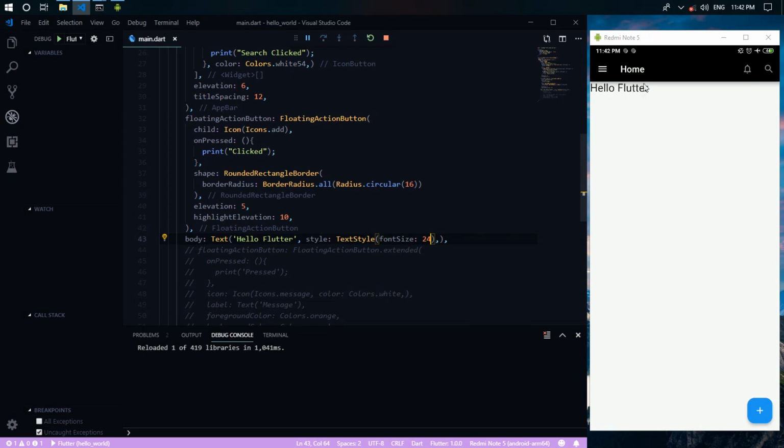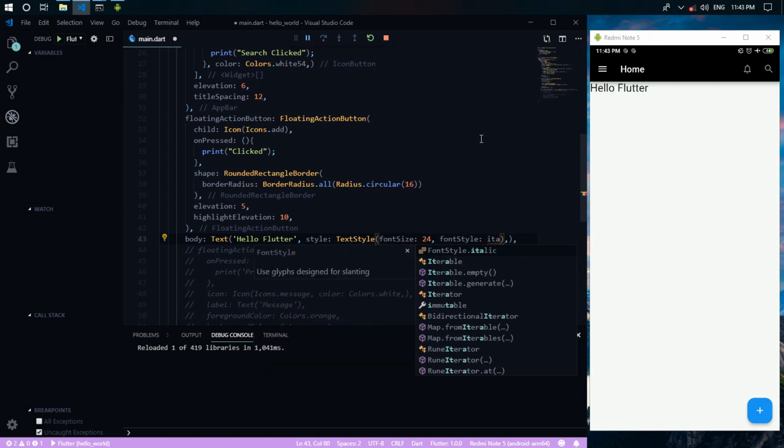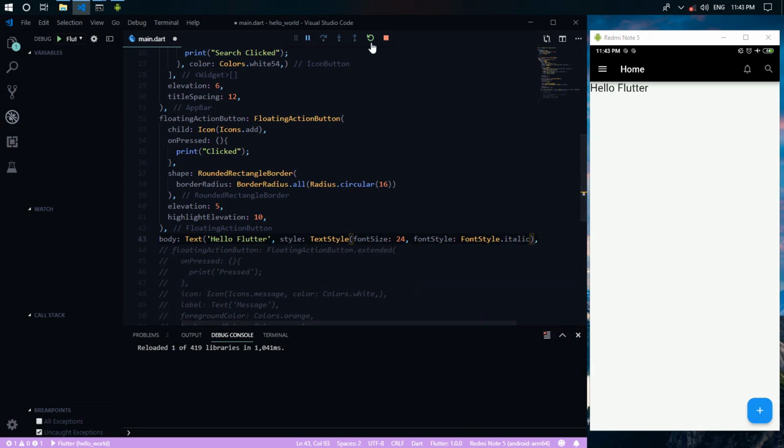As we can see here, our text has increased in size. Let's say that we want to make it italic. We need to provide fontStyle here, and provide FontStyle.italic, and just hot reload. Okay, now our text has increased in size and changed to italic.